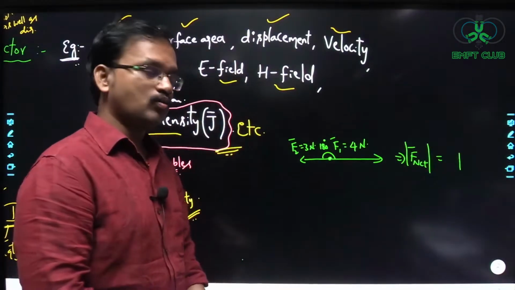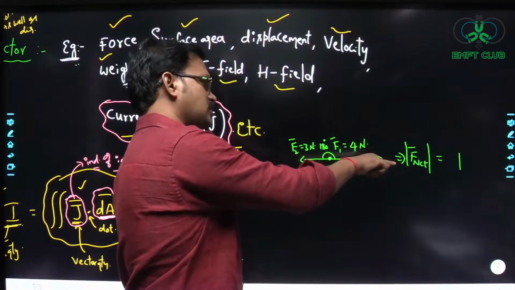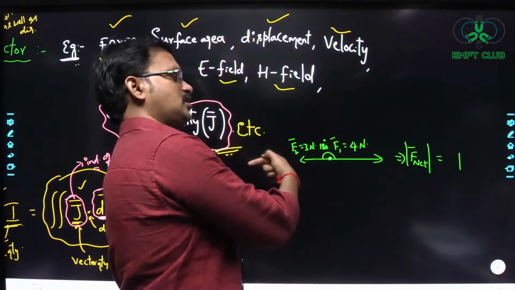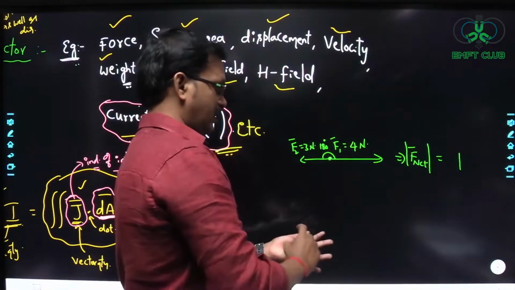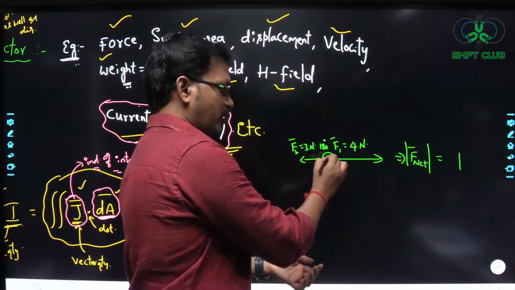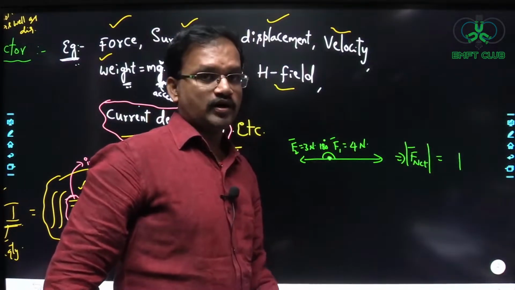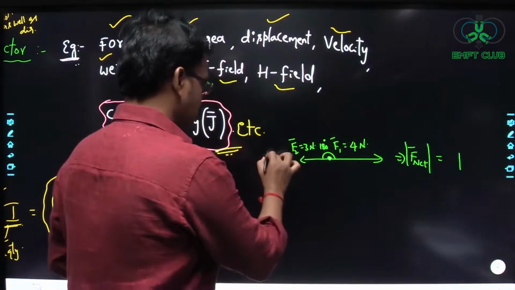Is equivalent to 1. So 4 newtons is acting in this direction, 3 newtons is acting exactly opposite direction. So the resultant force or the net force acting at this point will be equivalent to what? Will be equivalent to 1. Right. Next, similarly, if